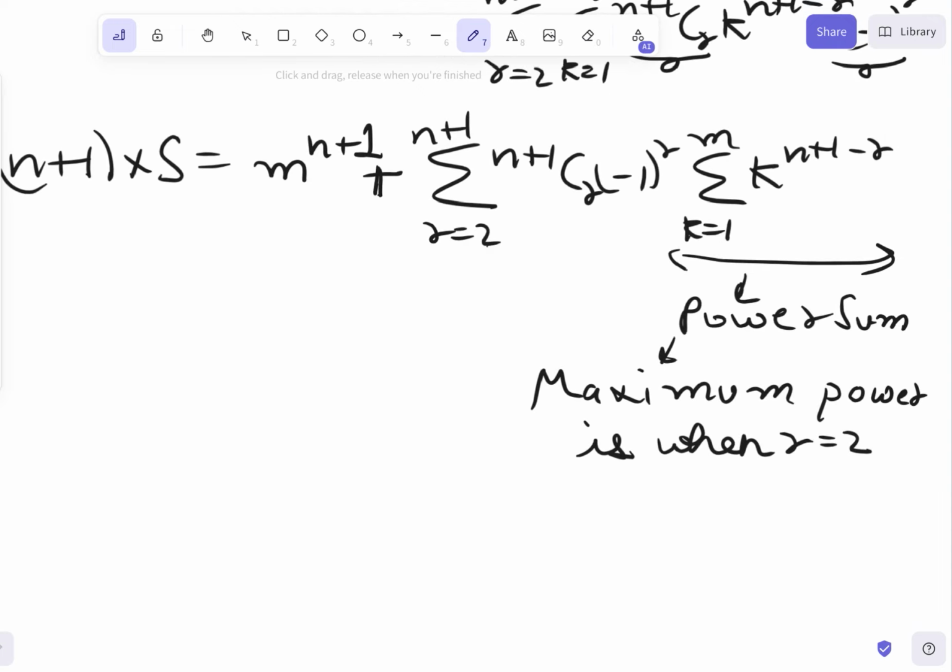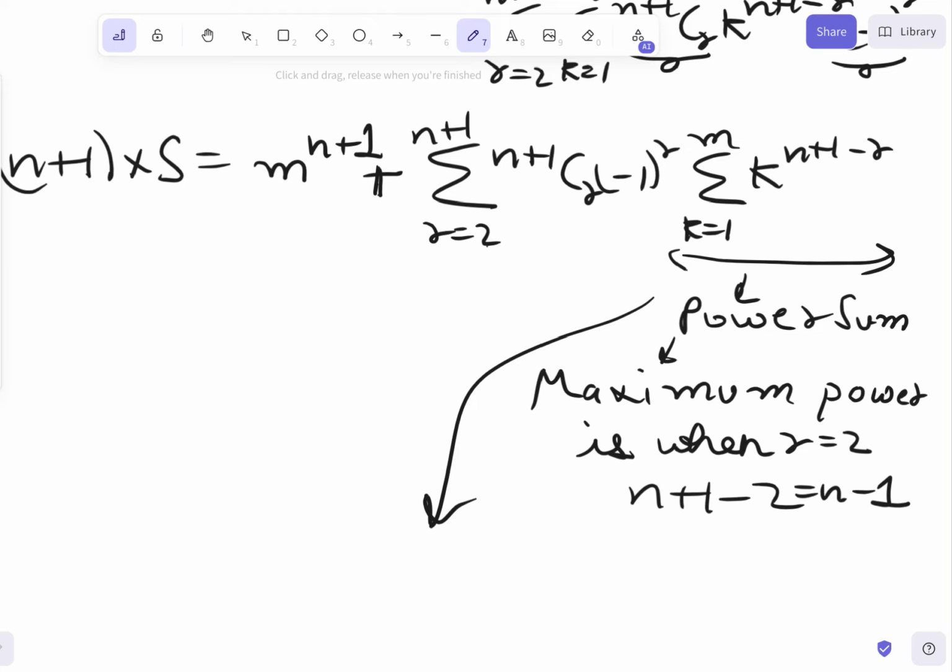So then the power will be n plus 1 minus 2, which will be n minus 1. But as per mathematical induction, we already assumed that for all powers less than or equal to n minus 1, our claim will be true. So it means this sum